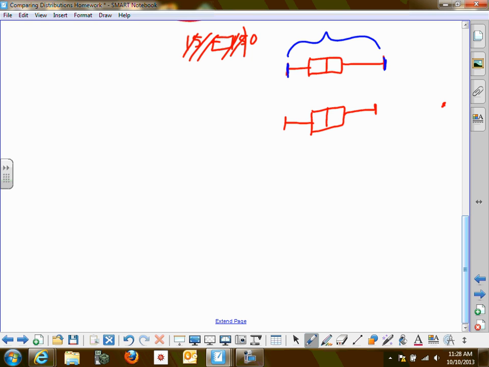Okay, well, guess what I did? I changed this piece into an outlier. So now, the next one in is here and here. So the range of this top one is this big. The range of the second one is this big. Or if you change the far right one to an outlier,